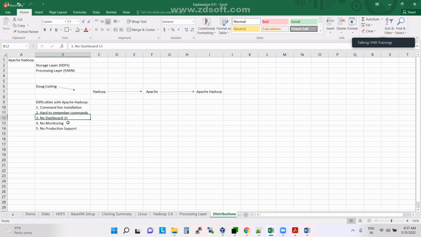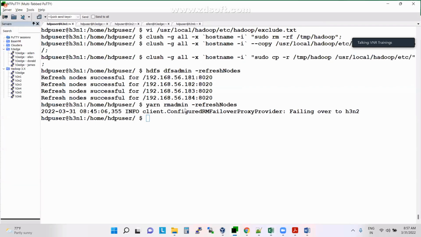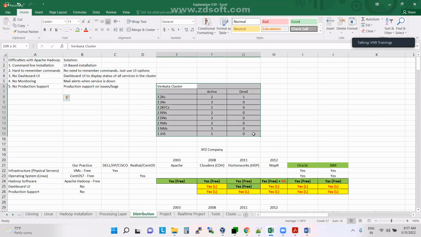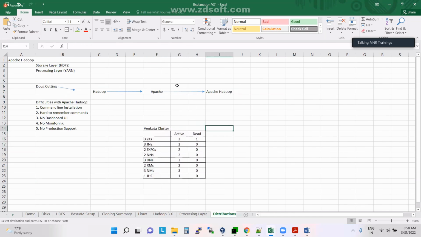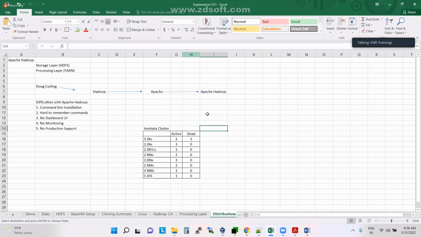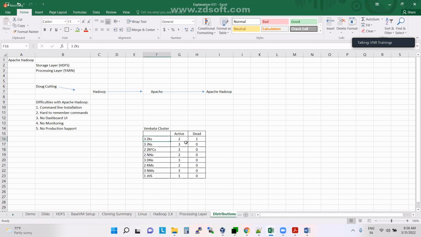Then, no dashboard UI. What do you mean by no dashboard UI? Do you have any UI like this actually? Let's say this is the name node UI, the data node UI, this is the cluster, these are the active nodes, these are the dead nodes. I have 3 zookeepers, 3 journal nodes, 2 name nodes, 3 data nodes,